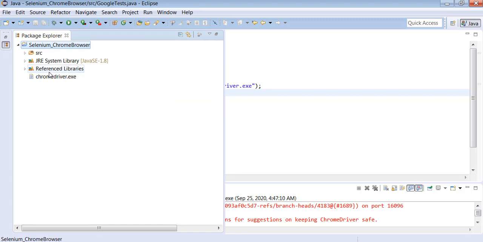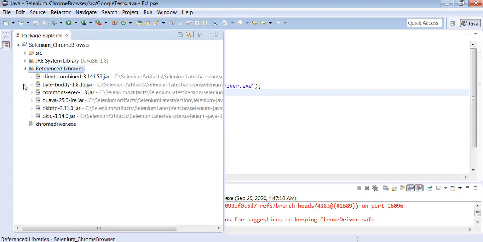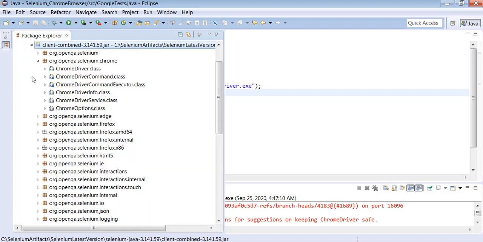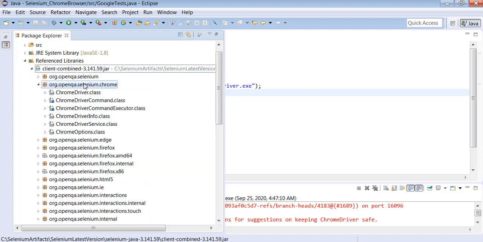In a project, you have referenced libraries. Expand the referenced libraries. You have the client combined jar file available. Expand the jar file. Then there is a package org.openqa.selenium.chrome. Then you will see the Chrome driver class.